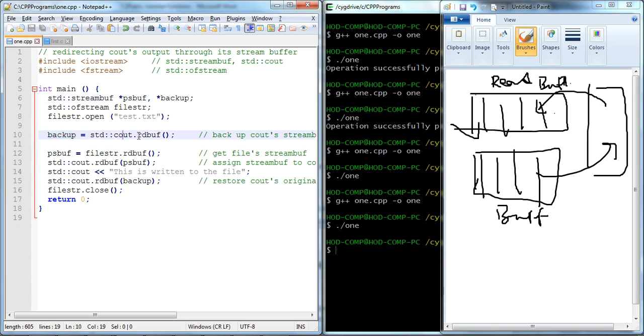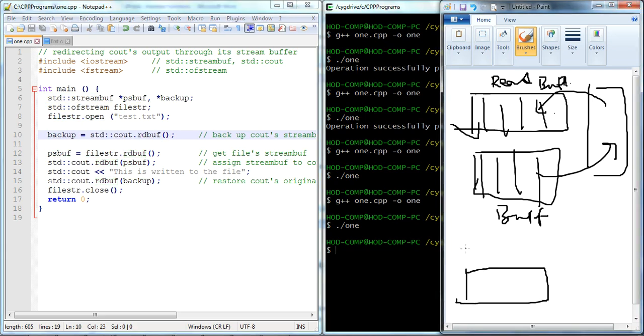Now we copy our existing rdbuf. That one is a backup of the cout stream. Normally cout points to this buffer, but with the help of rdbuf, which is the particular function, we assign the pointer of this buffer to cout. Cout already has a buffer, or memory, to execute the process.